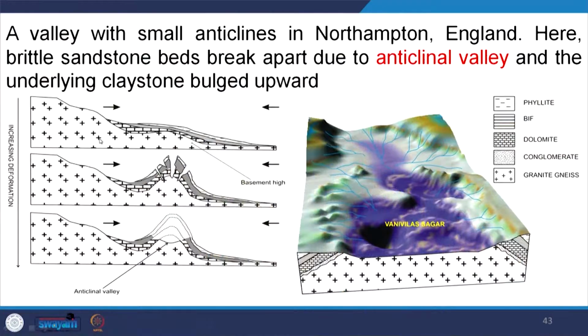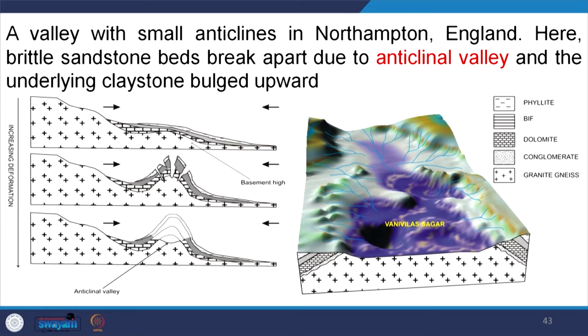Through these cracks, physical and mechanical weathering occurs, and removal of the material occurs. For example, in this figure, it is an example from the Chitradurga schist belt, where a reservoir presently exists, called Bani Vilas Sagar. Now, you see here, earlier the granite was there at the basement. On the granite we have sandstone, claystone, conglomerate, dolomite, banded iron formation, phyllite; these are the constituent rocks.